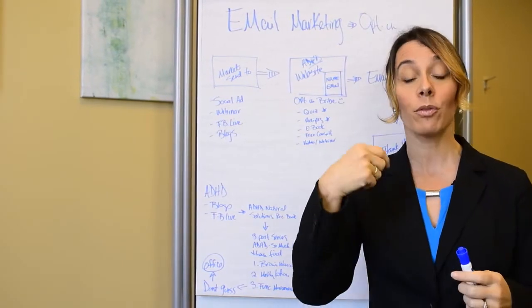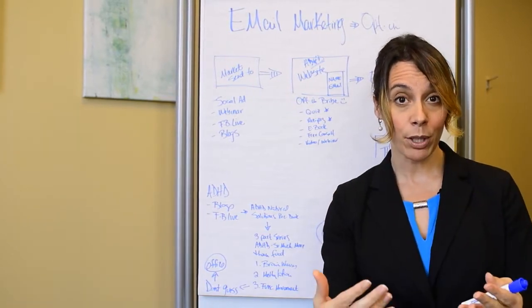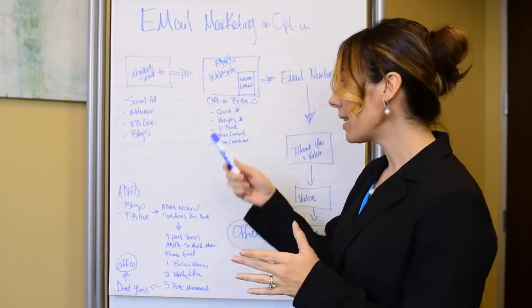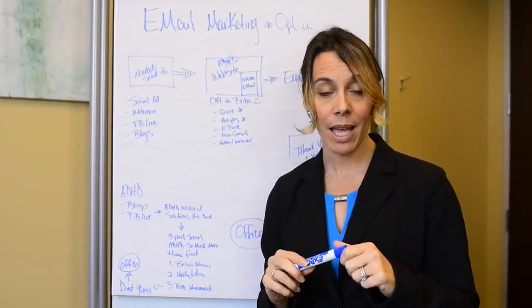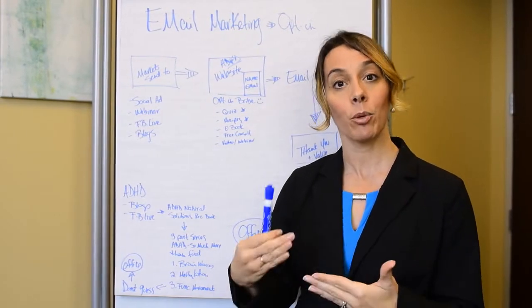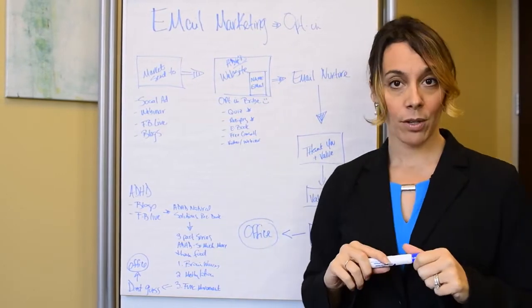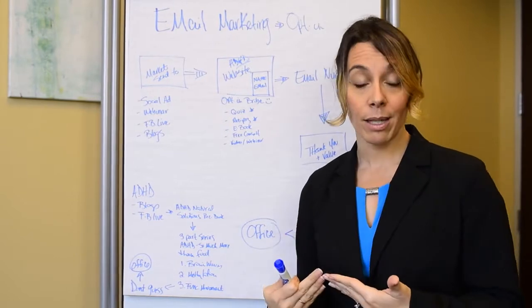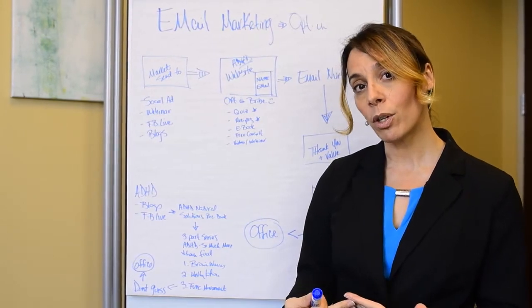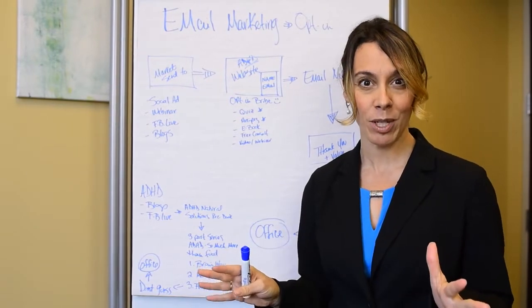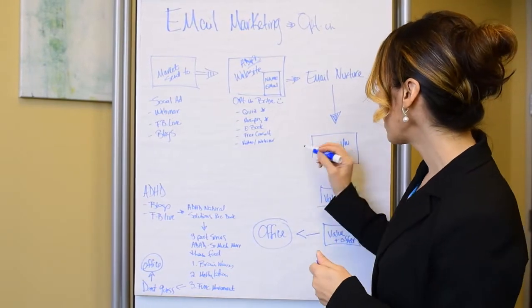You want to stay in front of them so they remember you, so that there's a better chance that they're going to actually open the emails, because they just said yes one time. Chances are they're going to say yes again by opening more of your emails. So the best rule of thumb is after the first email goes out, you send them another email within approximately 24, no more than 48 hours, because you don't want too far of a gap that they've already forgotten you. 24 hours is a good time frame.